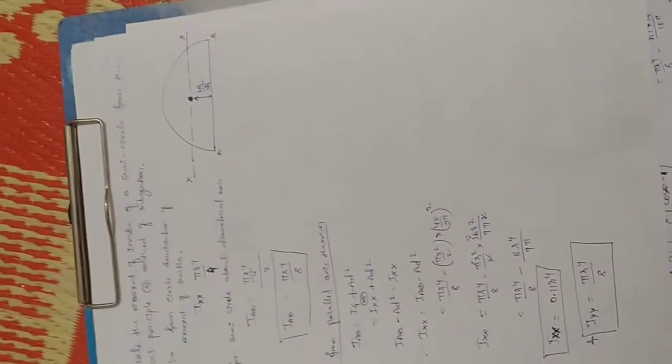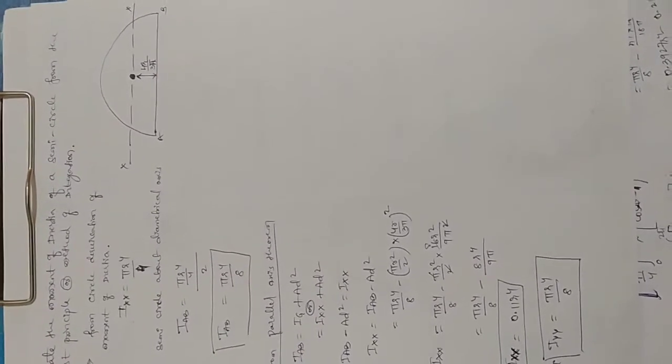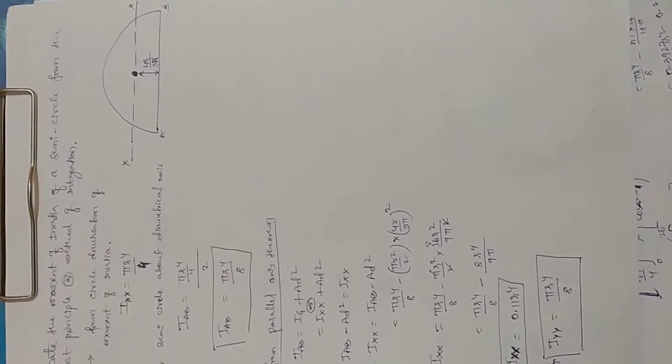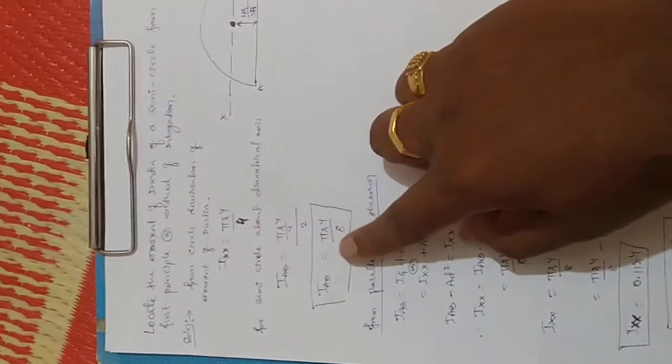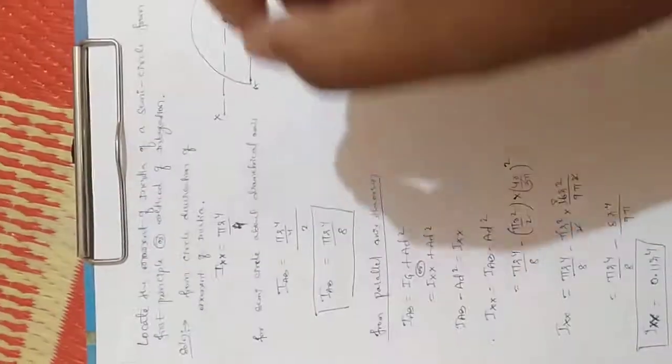We have to follow the same steps as we have done for the circle, except the limit of integration 0 to r remains the same, and in place of 0 to 2 pi we have to substitute 0 to pi. We end with this answer. If we follow that step, we will get pi r raised to 4 by 8. And now look here.